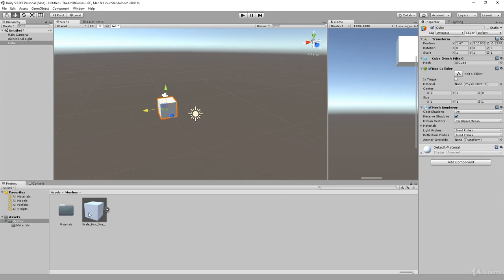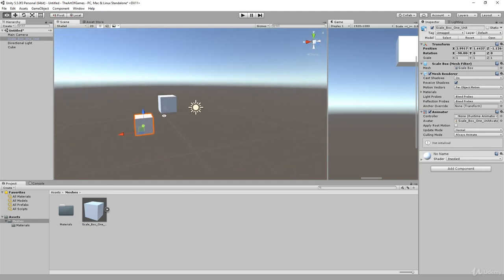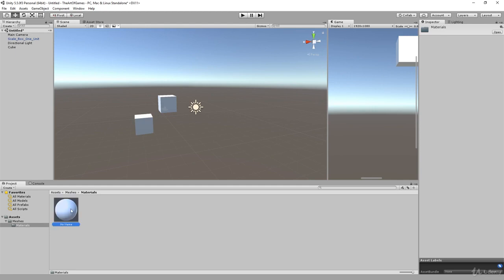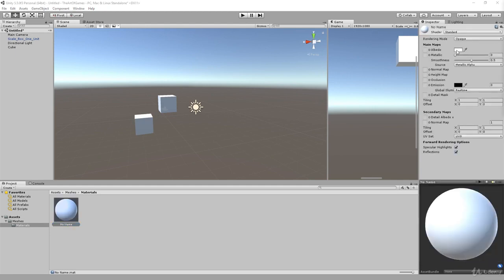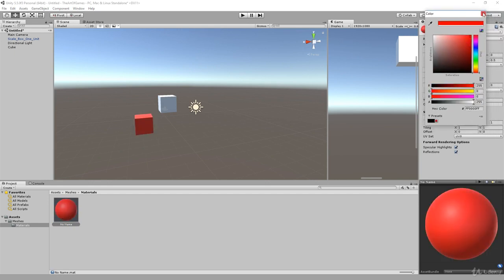Right, this cube here is what we brought in from Max. So I want you to drag that into the scene, catch a node, drag it in, and let go. And what I'm going to do actually is change the material color. You don't have to do this, but I'm just double checking, so you can differentiate.